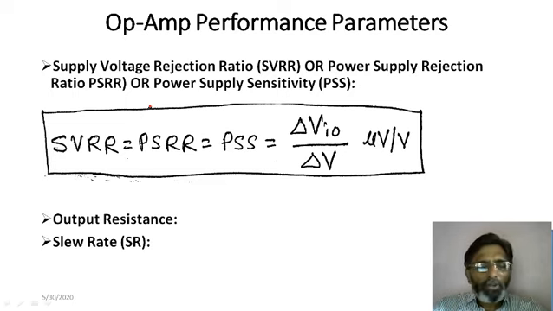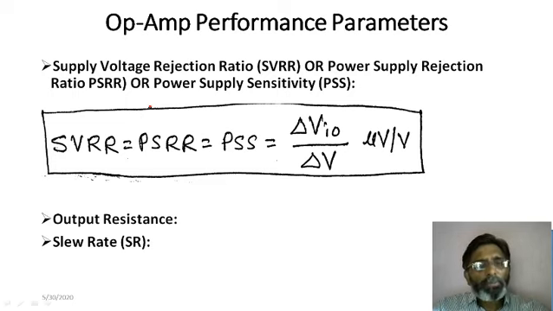Now to make this output offset voltage 0 and to apply the input offset voltage, in the op-amp 741 we have an arrangement provided by the negative offset null input and positive offset null input. Those two pins we have seen, pin number 1 and pin number 5. So those pins are provided for that. It's an internal arrangement provided with 741. Once this VIO is applied and we start using the op-amp, we expect that under any condition this VIO should not change, or the output offset voltage should remain 0, but it doesn't happen so.